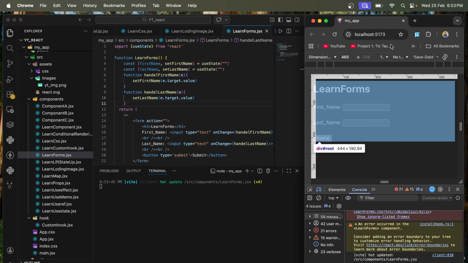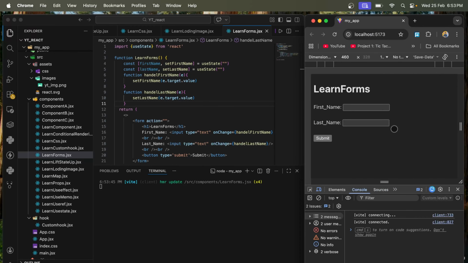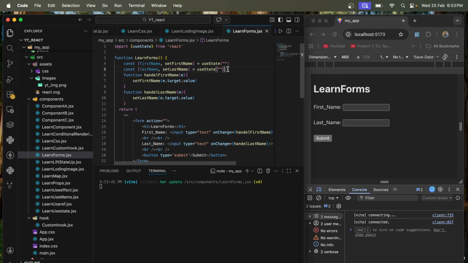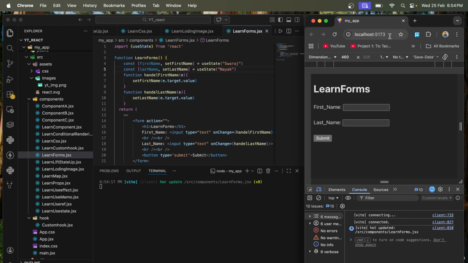Now you see that I don't have any error. So useState is there, and here I can pass the default value Swaraj, and for the last name I pass Nike. This is the default value. If I refresh the page,